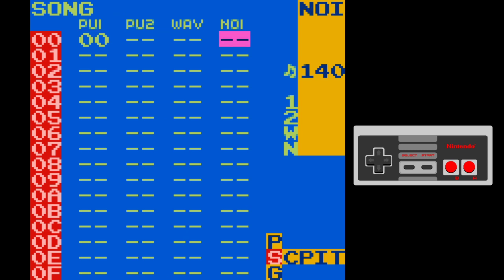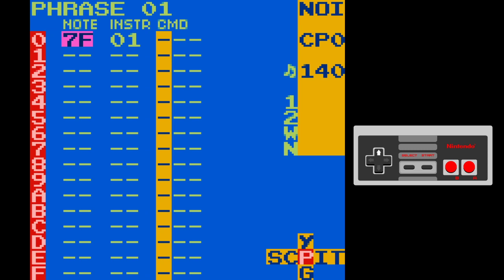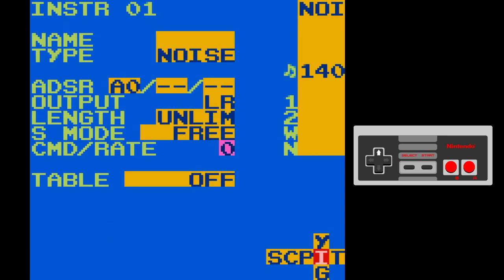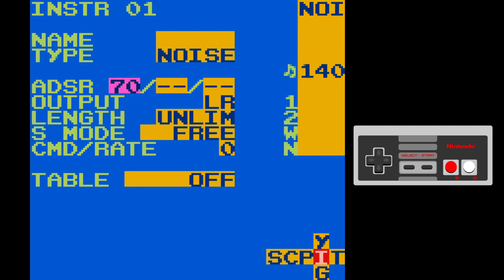One of the biggest changes here is in the noise channel. We've removed notes, and instead of notes now, you can actually program the noise shape. So there is no longer a shape parameter in the instrument because you can set it per note. If you have something like a hi-hat, make this actually sound like a hi-hat,